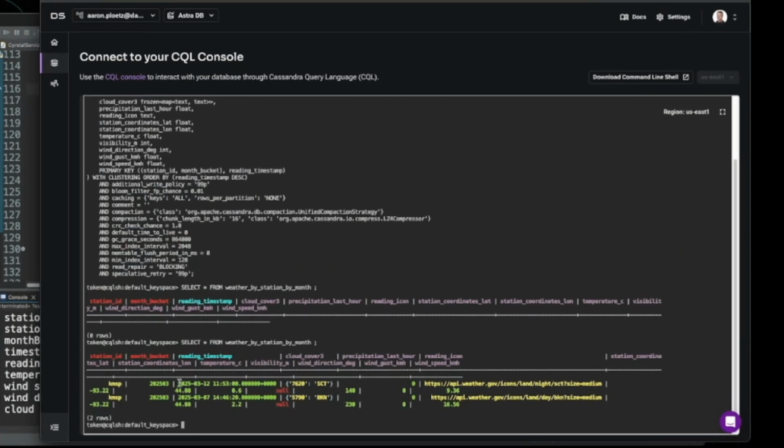And if I look at my timestamps, I have 2025-03-12 and 2025-03-7. So it did in fact pull back the most recent reading. So hey, this works. This is a simple example of how you can use the Table API to work with your existing CQL tables from a document paradigm.